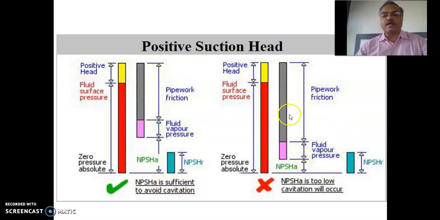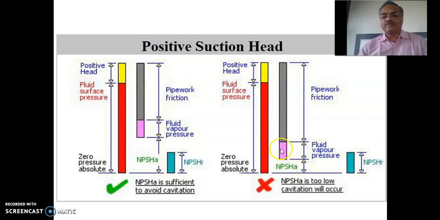Now come to this part of the figure. Here again you can see this much is the head available, the atmospheric head plus positive head. In this figure, I will again remind you that we have considered that a positive head is acting on the suction side of the impeller, and we are spending the energy on pipe friction, and we don't want to cross the limit of vapor pressure. So this much is the loss of head, maybe in friction and the velocity head and the suction lift, etc.